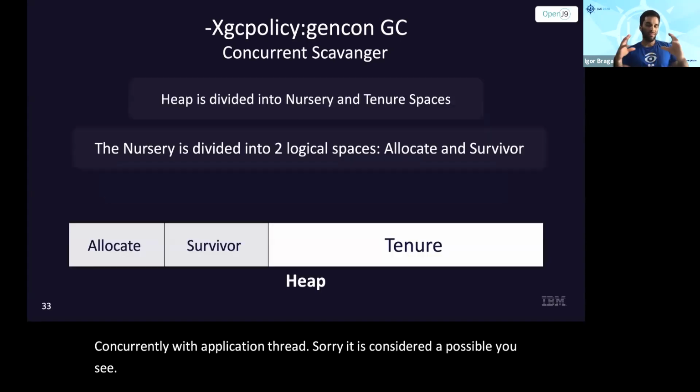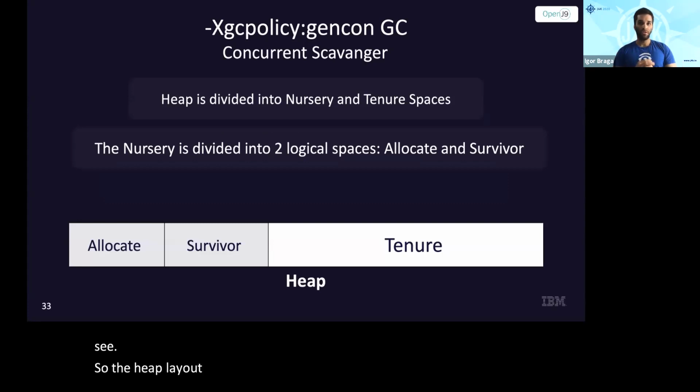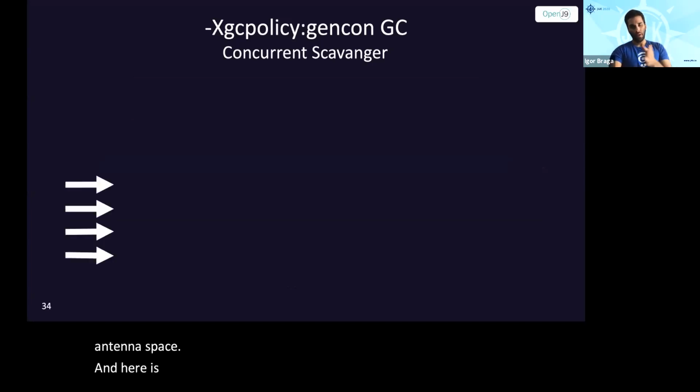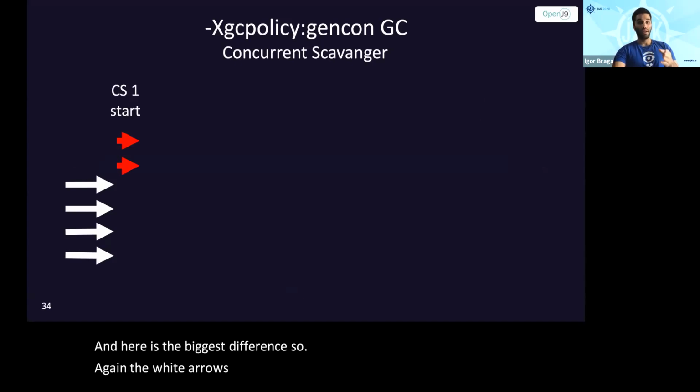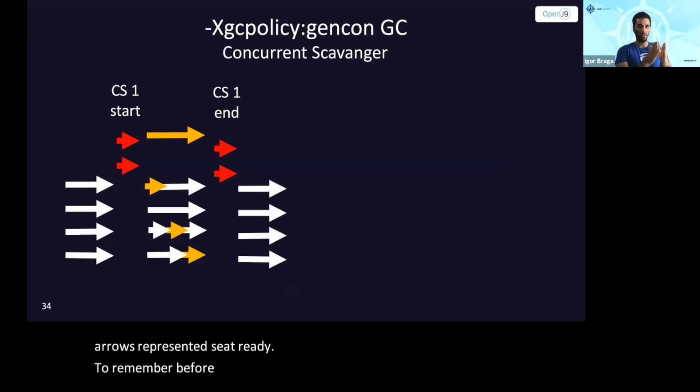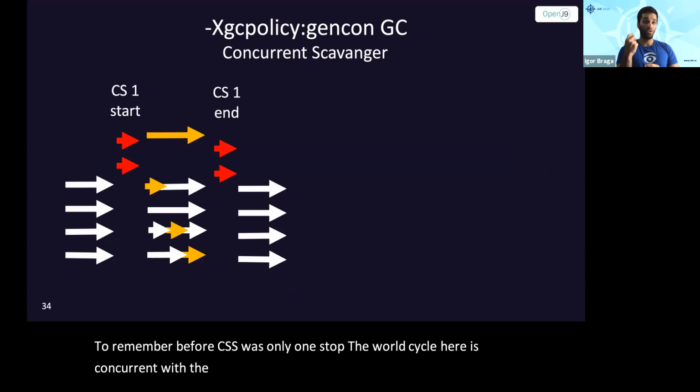So the heap layout is the same as GenCon. We have allocate, survivor, and tenure space. And here is the biggest difference. Again, the white arrows represent the application thread, and the red arrows represent the GC thread. To remember, before CS there was only one stop-the-world cycle. Here it is concurrent with the application. So we're actually going to have two stop-the-world pauses, one at the beginning, one at the